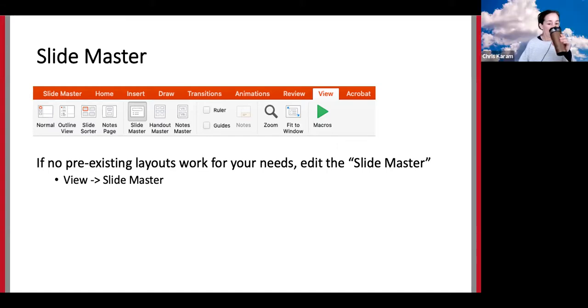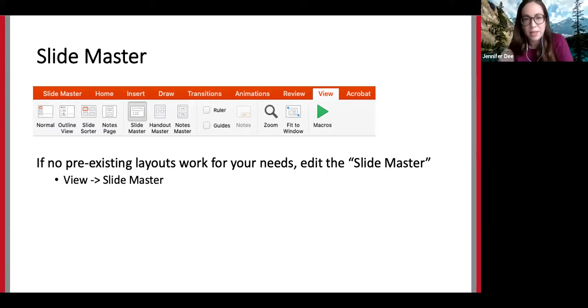Are there recommended font type and font size? Good question. Generally considered easy to read fonts are Arial, Calibri, those kind of simple and clear ones. And for font size, for a PowerPoint, you really want to avoid going any lower than 18.